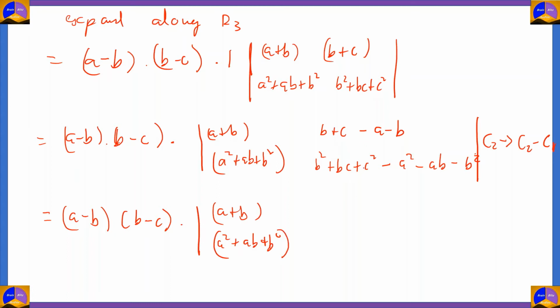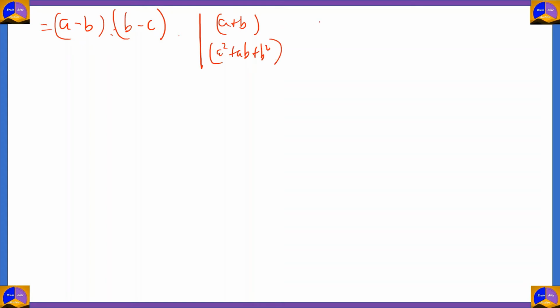And then on C2, it becomes c minus a. And this will be c square minus a square plus bc minus ab. Now what do? Let's simplify this further. So we'll get a minus b into b minus c into the determinant a plus b, a square plus ab plus b square. And then over here,